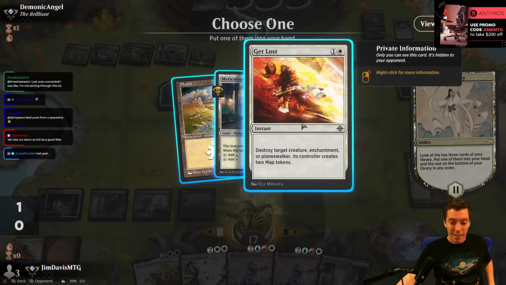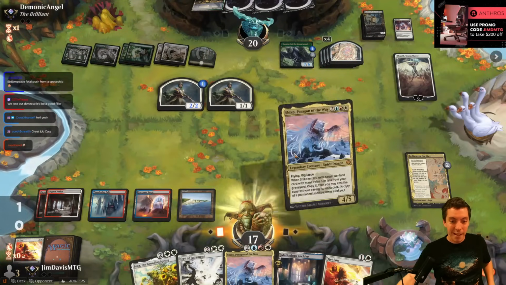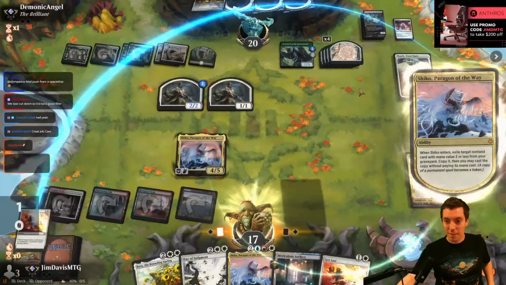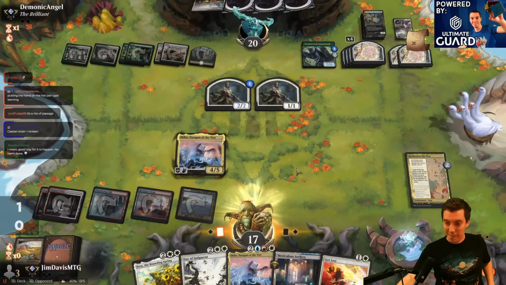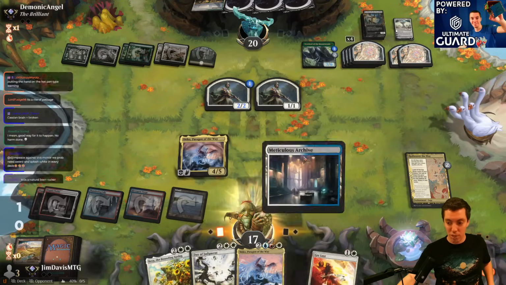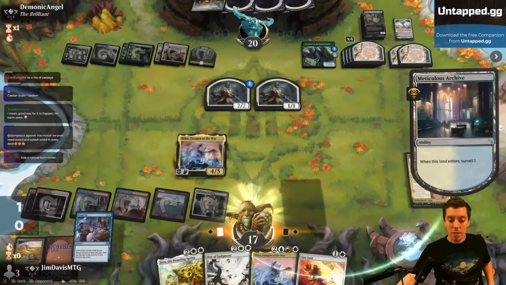All right, so here's a Get Lost. Here's Shiko. Let's kill Elspeth. So 10,000 more tokens. Hand them a stove. I keep telling them not to mess with that, you know. So they have 1,000 maps, which sucks, but... All right, so we got Archive. There's our Stock Up. Yeah, we gotta draw that. All right, so...